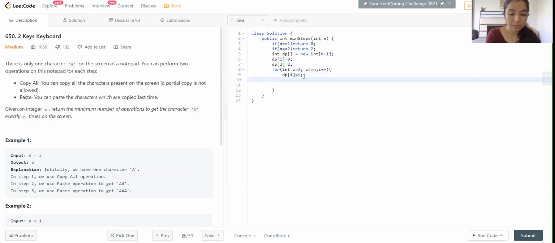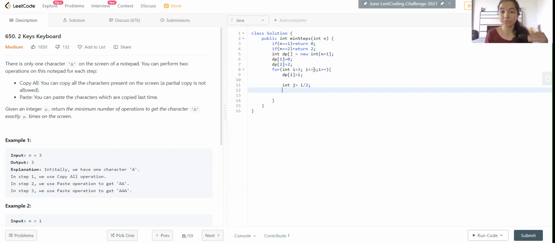Now we are going to have another variable j, wherein j will be i divided by 2. This is the loop where we are going to check the case of numbers such as 6 that we saw.